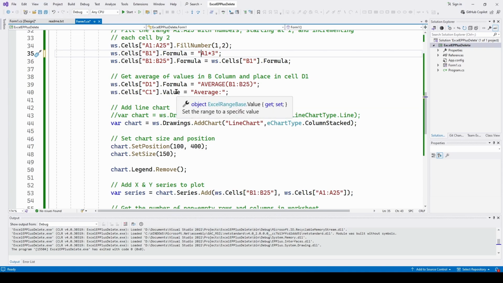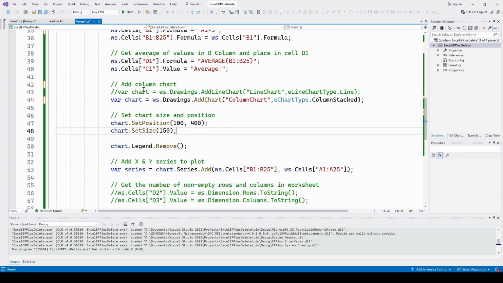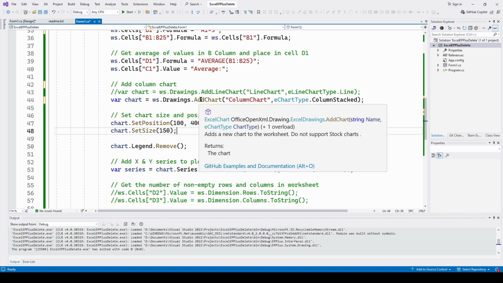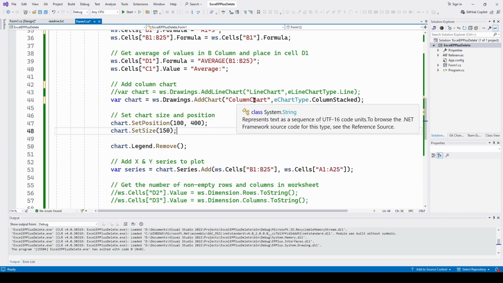So we just say the value, since it's not a formula, it's a value, we just say average with a colon. So now the next thing we're going to do is add a column chart. And to do that, the chart is considered a drawing. So we're going to say worksheet.drawings.add_chart, and we're going to specify that the name of the chart is column chart, and we're going to choose